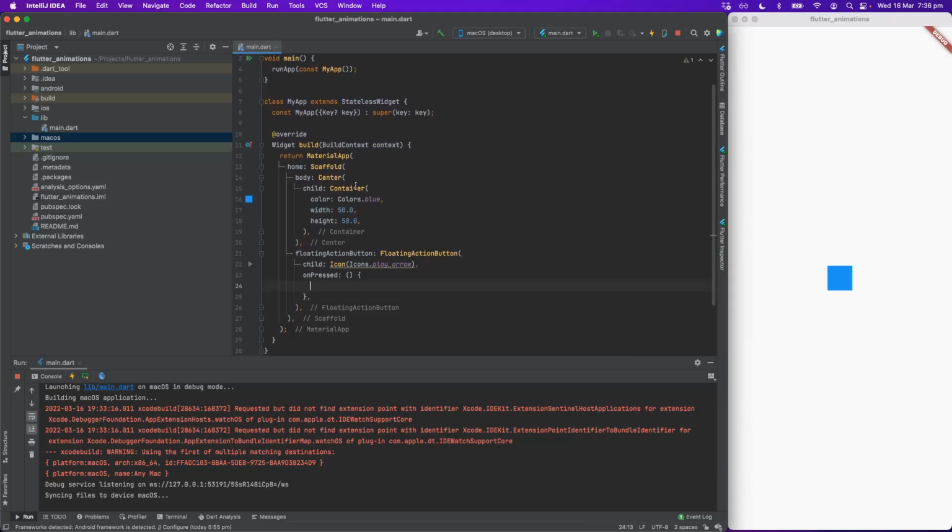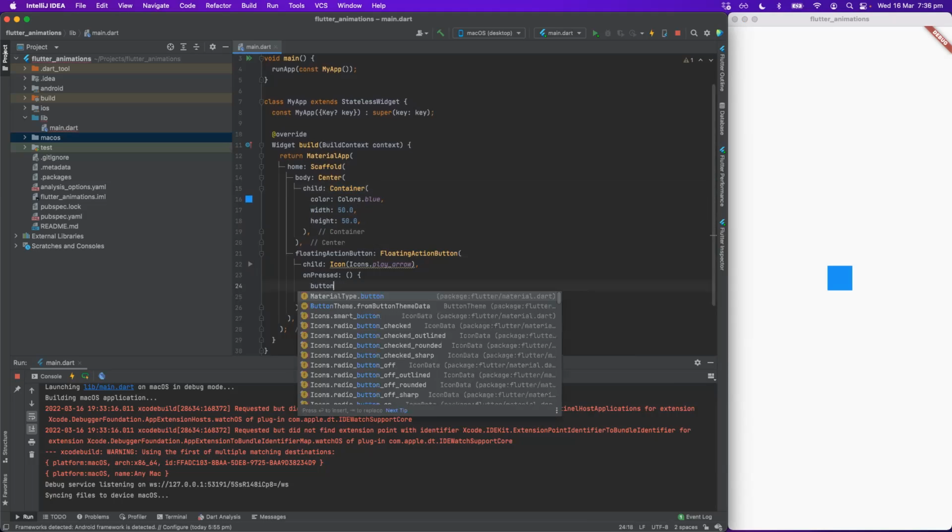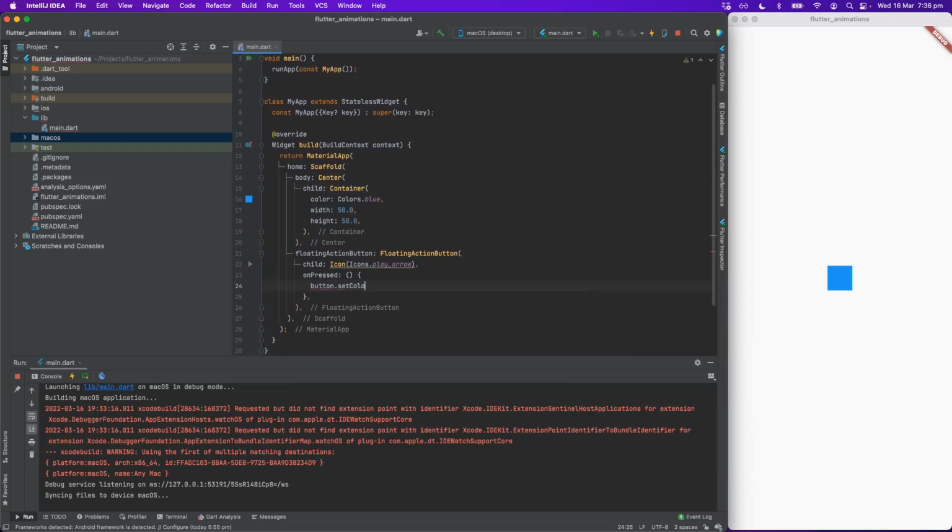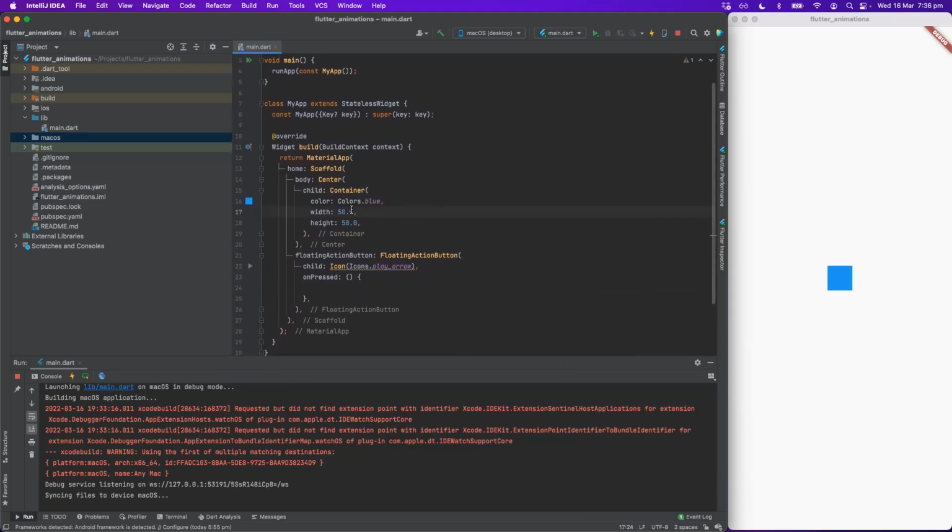You would probably have a reference to this widget, and you would just use something like button set color. But there is no such thing in Flutter. In Flutter, this is instead a more reactive approach. So with that in mind, we have to create state for that widget that we're going to later modify.